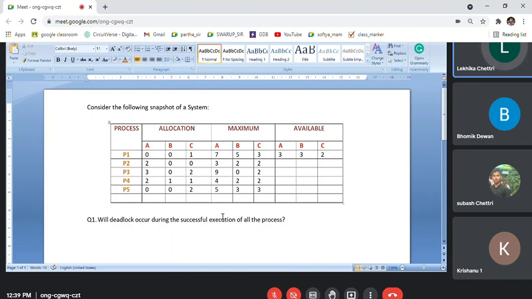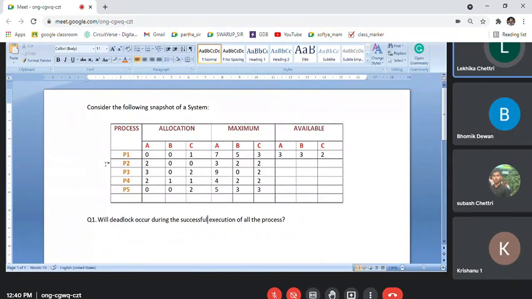So we will have to find a safe state. Safe state means we have to find a sequence of execution of the processes in such a way that all the processes execute and successfully terminate. The execution need not necessarily be in the order P1, P2, P3, P4, P5, because if we do so, then we will definitely enter into an unsafe state. That means our system will enter into deadlock. So we have to choose which process should execute first.